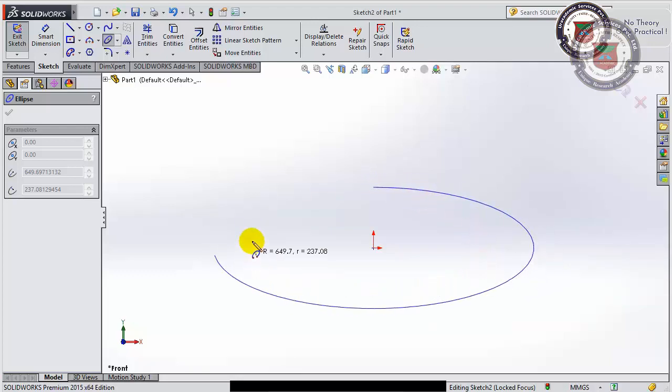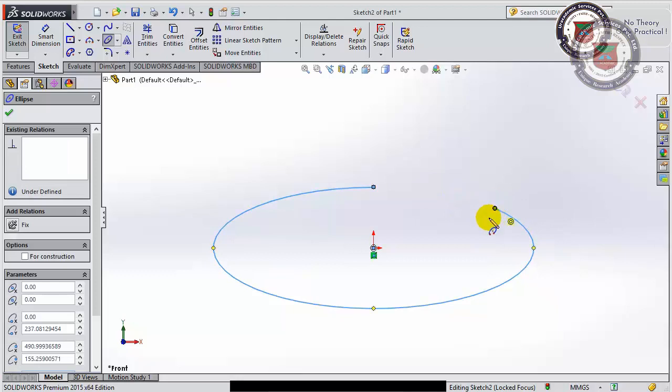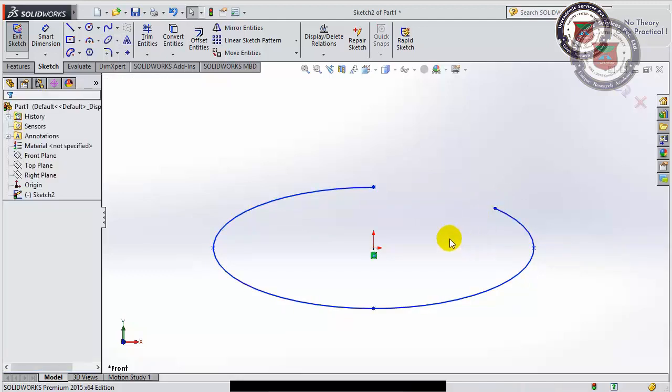If I want to draw in this direction, then I can do that. If I want to start from this direction, then I can do that. So this is entirely upon me. Suppose I am closing the ellipse here. So this is an open kind of ellipse, partial ellipse.